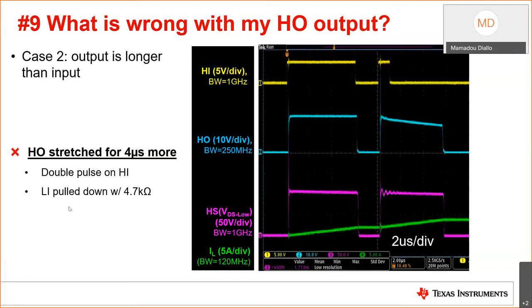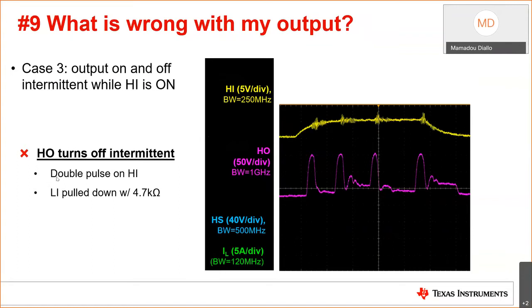It's a false logic because the HO is not following commands from the HI signal, which is causing the HS pin, or switch node, to have a much longer duration as well. This can lead to significant or catastrophic damage in the power stage. What essentially causes this, and I didn't share this with you, I can zoom in here, is really high dv/dt on the switch node.